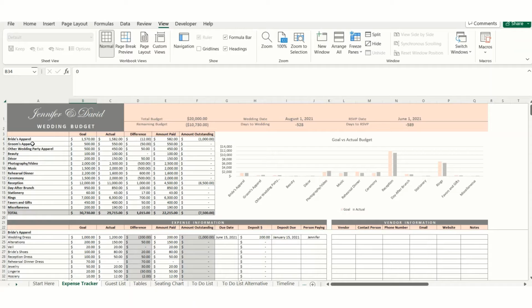If you'd like to edit any of these categories, you can do so by editing them here. You'll see if you want to change it here, it'll make that change to the summary table above. And then you can edit all of these categories as well. So once you've finalized all the categories, you can fill in for each item the goal, which is the amount